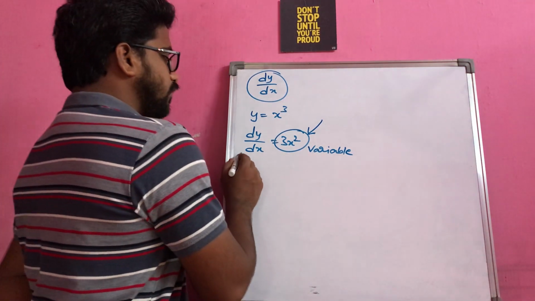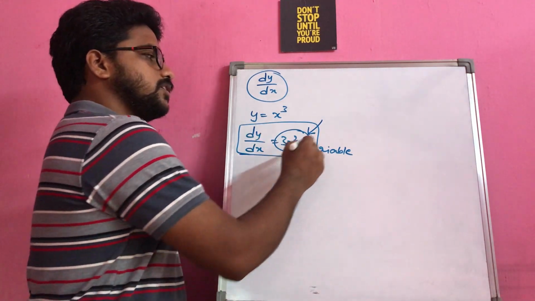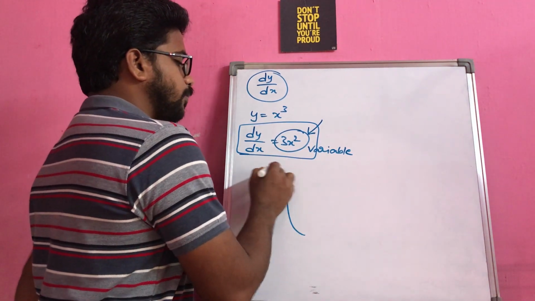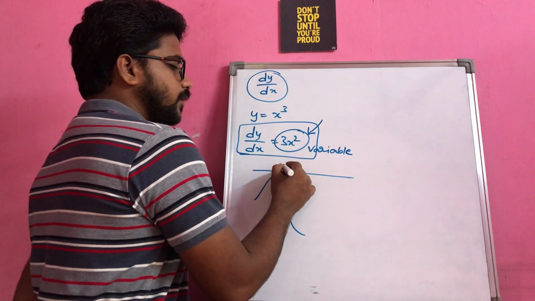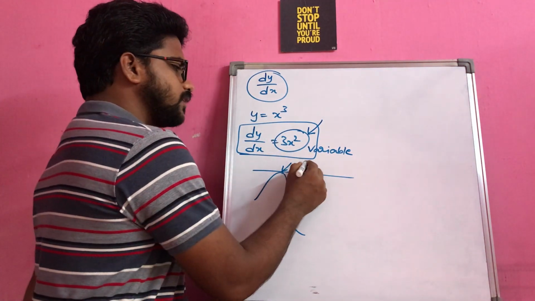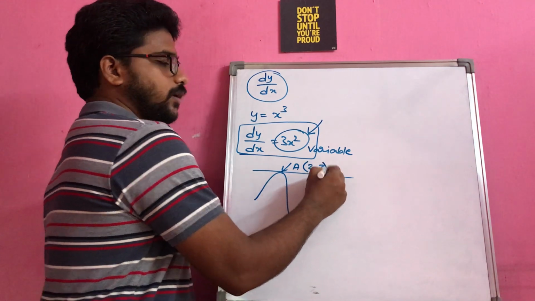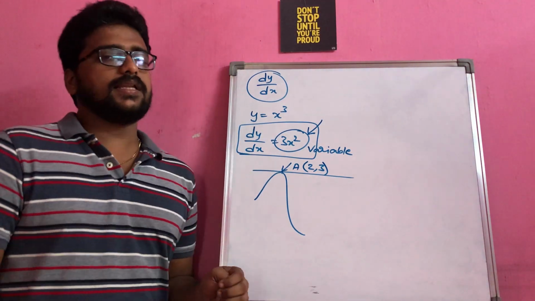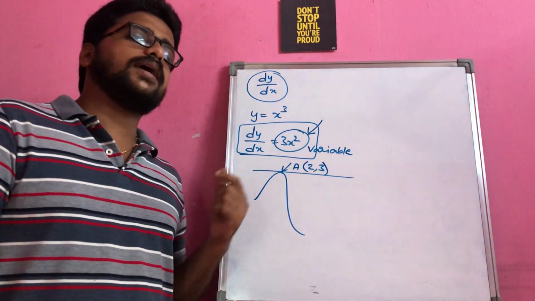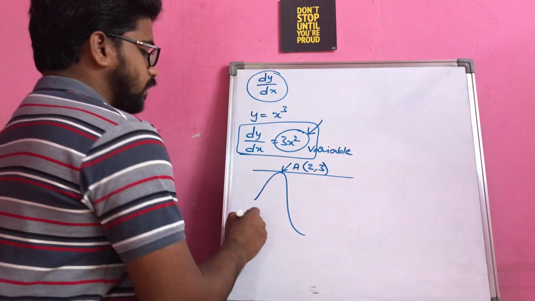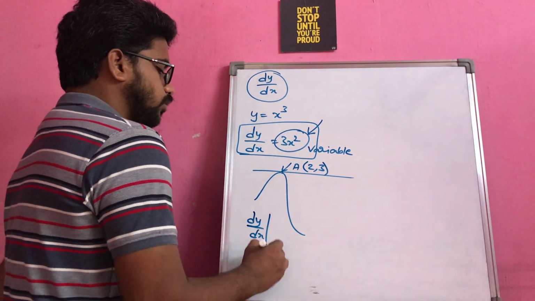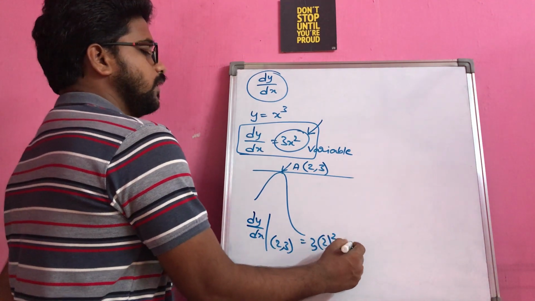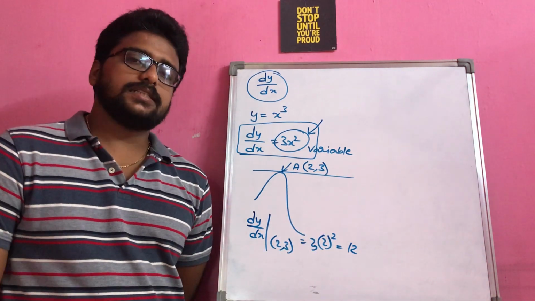So that means it is giving you the hint that dy by dx is not this value. Whenever you are drawing a tangent or a normal at a particular point, say the point is (2, 3), whatever it may be, that means you have to find the slope of the same line at (2, 3). So if I substitute this dy by dx value at 2, then I will be getting 3 into 2 square, that is 12, as my slope of the tangent.